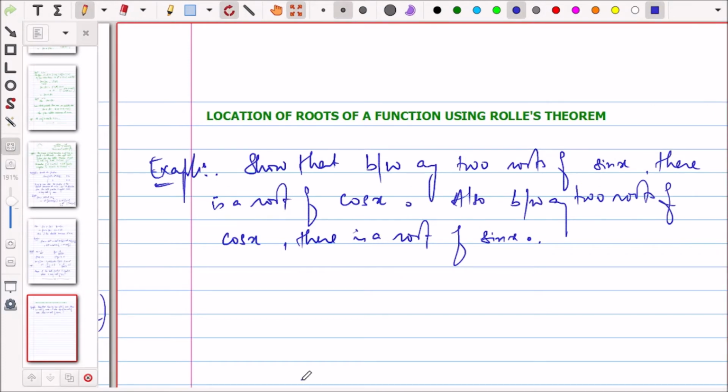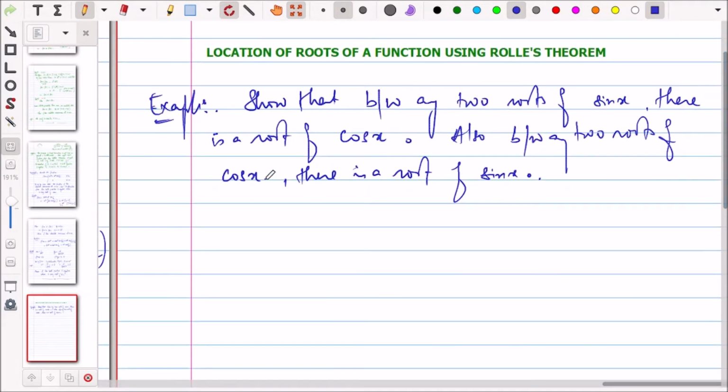Because sin x का derivative cos x की form में है, right? Derivative of sin x is cos x and derivative of cos x is minus sin x, और minus sin x और sin x का root same होता है, right? जहाँ पे minus sin x 0 होगा वहां पे sin x भी 0 होगा, ठीक है? So that is why, जब भी कोई function है जो दूसरे का derivative है, derivative का root दो function के roots के बीच में आएगा, ठीक है? Let us try to prove this.